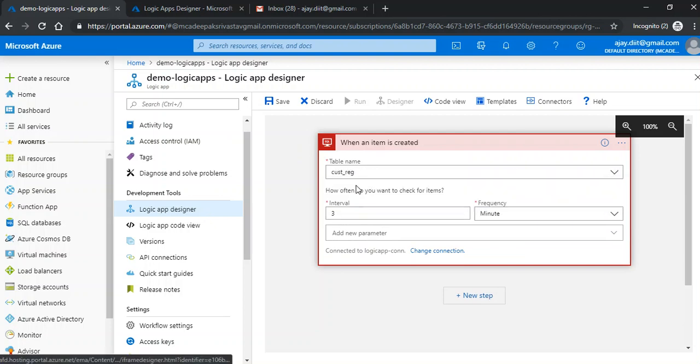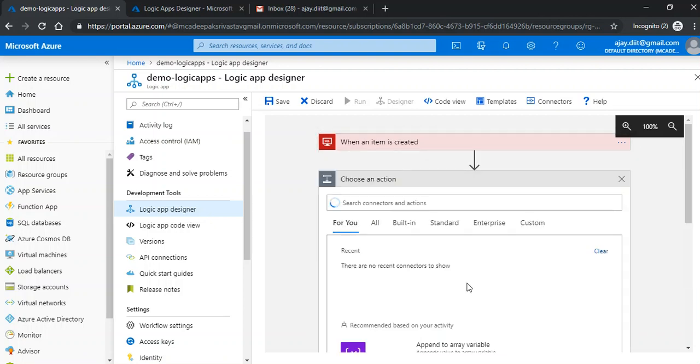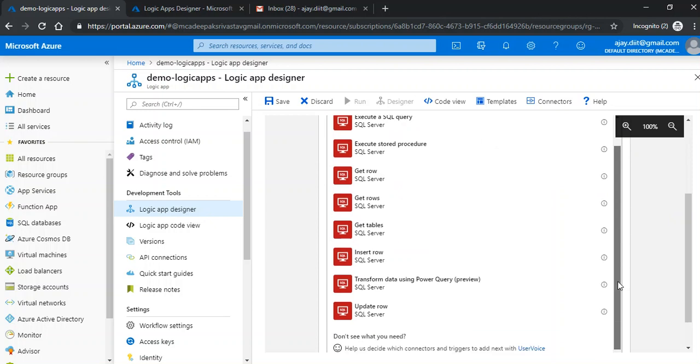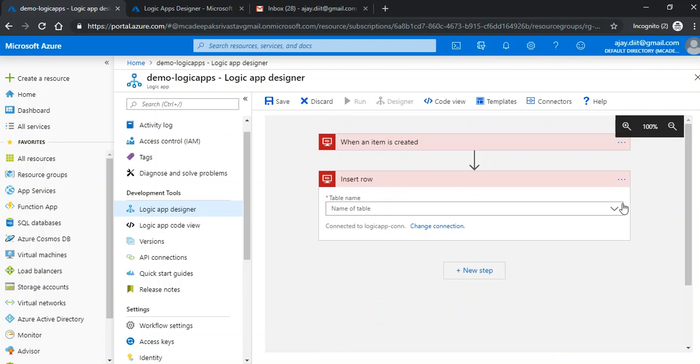Table: this is my customer registration table, and I want to trigger it every 2 minutes. This is my initial step, and then I choose the next action. When a new item is created, I also want to update my status table. So first I want to insert one more record. Once the data is inserted in my main table, I want to